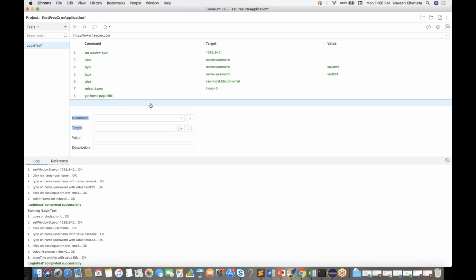After this, I'll add one more command over here. So how to do it? You just need to assert it. You have to validate whether I'm getting the correct title or not. This is a little different, guys, as compared to WebDriver. So I'm simply writing assert